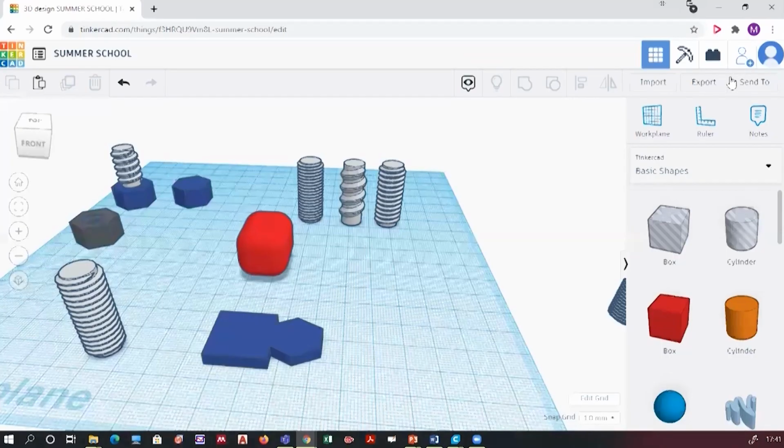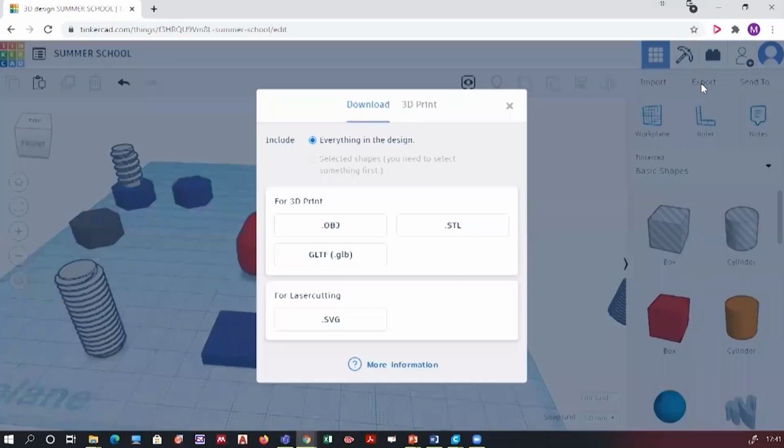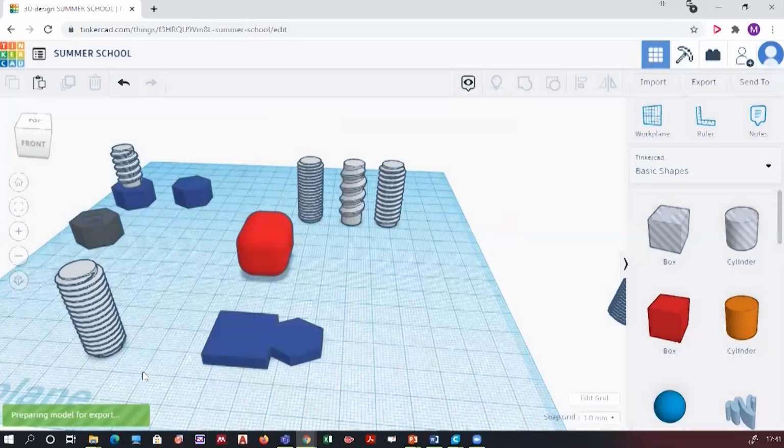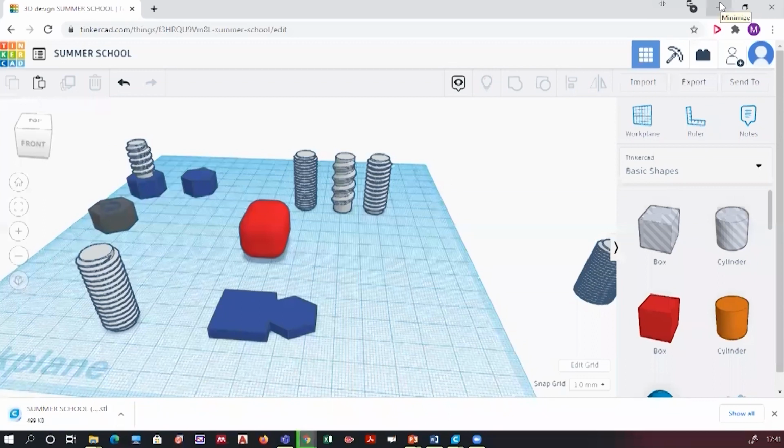To save it in Tinkercad, you have to export. When you click on export, you will get an option of .stl. Click that, and the file will be exported as an .stl file to your system. .stl is an extension, similar to .pdf or .docs.